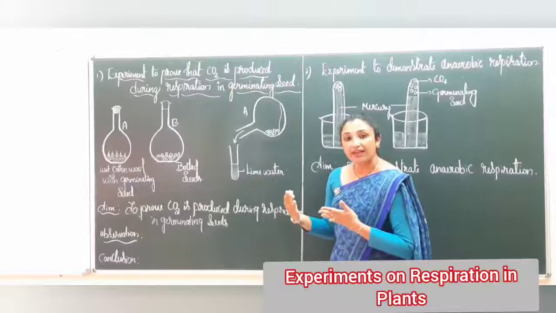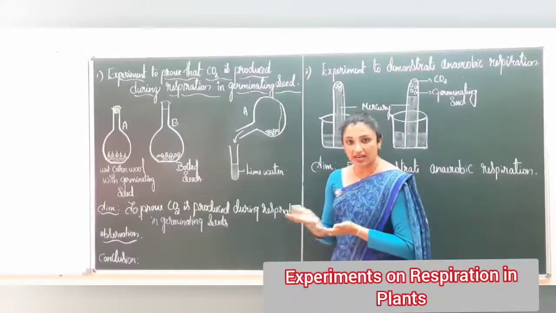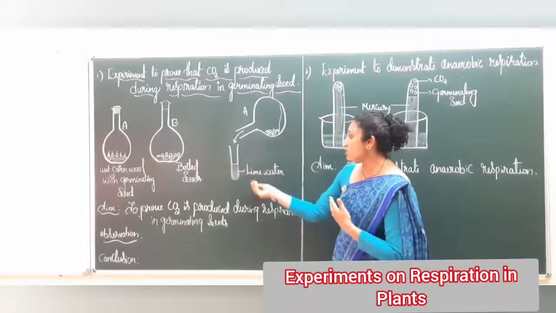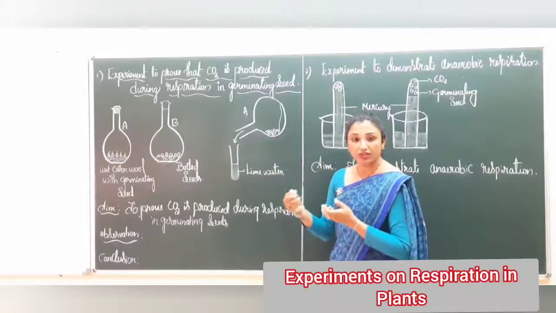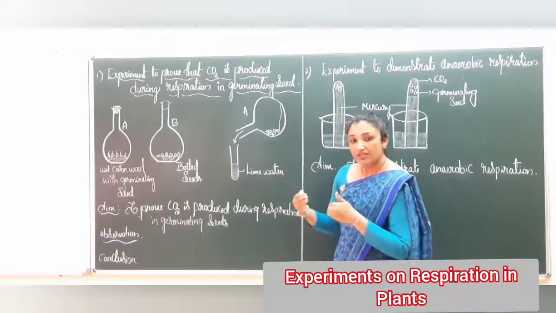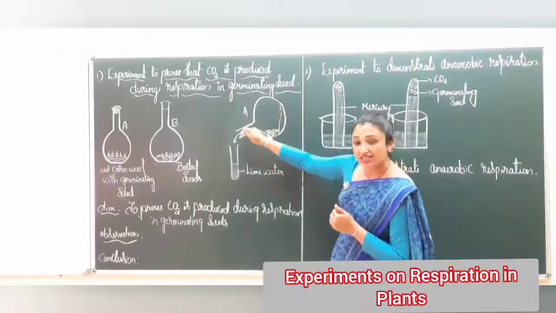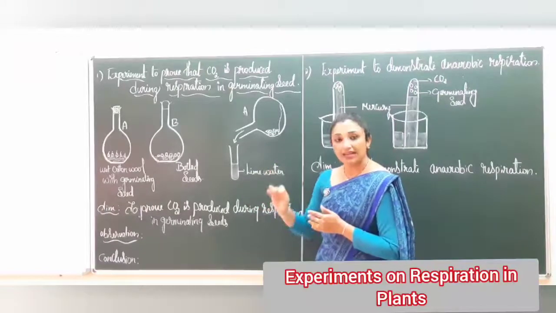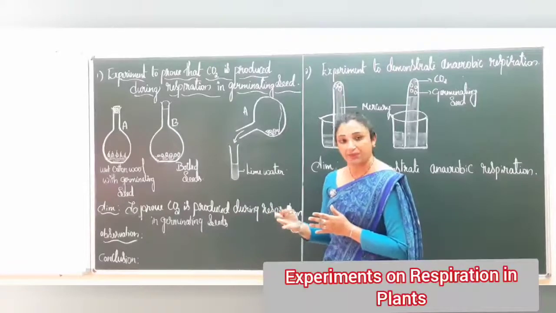Understand? If we prepare lime water in the laboratory, it will be a mixture of sodium hydroxide and silicate lime. Okay, in the laboratory. If not, we can just use lime water, or lemonade like lime water, not with sugar and salt, just the juice of lemon. Here I will tell you once again. We will take flask A and tilt it against the test tube containing lime water. In the lab, if we prepare lime water, it will be a mixture of sodium hydroxide and silicate lime. Am I clear?